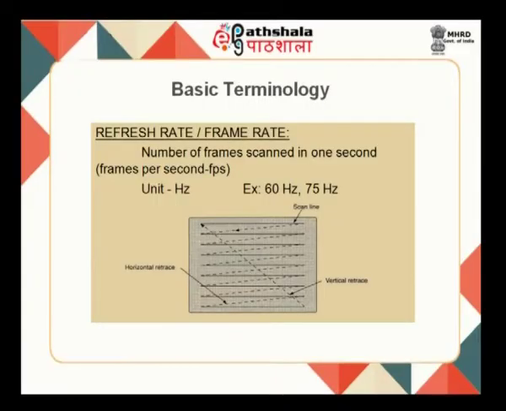We tend to feel a lot of strain on the eyes even at 60 Hz. So please change the setting to 70 or 75 Hz if you have an olden day CRT monitor